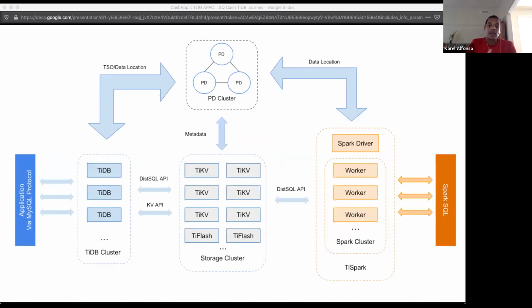Just to refresh, I know Lishan already introduced TiDB from a technical point of view. I just wanted to show that for us, it was another big distributed system that we needed to learn, so we needed to get quite familiar with it. You have the application talking to a SQL layer, and you also have a storage layer, which is TiKV, and everything is managed by the placement driver, which is the cluster controller and manager.